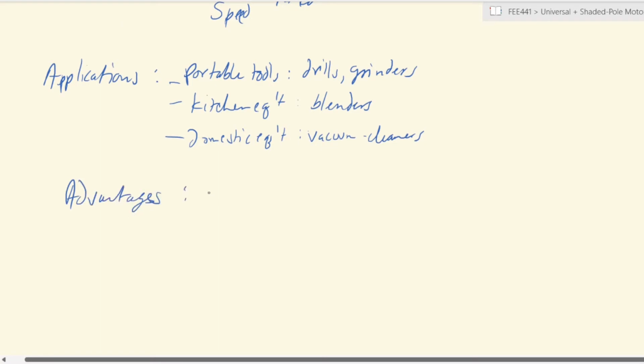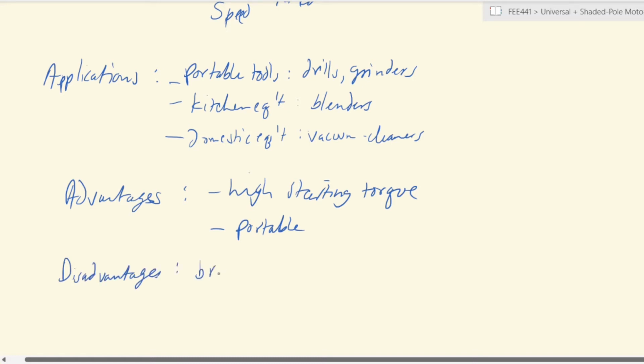So in addition to this, some of the advantages, as we have said, it has a high starting torque. Another advantage is that it is portable. It gives good power for its size. And some of the disadvantages